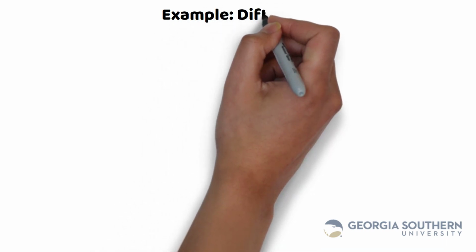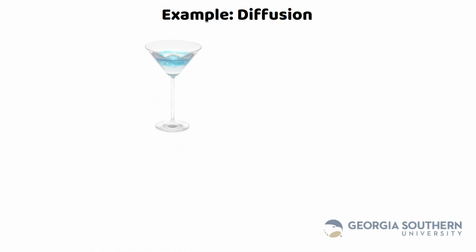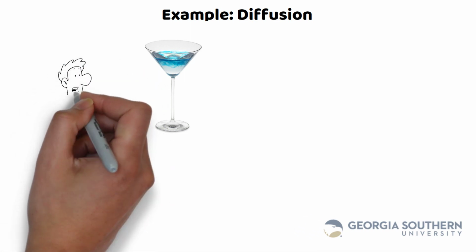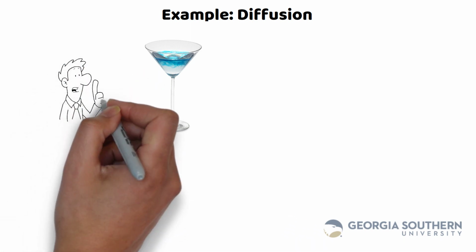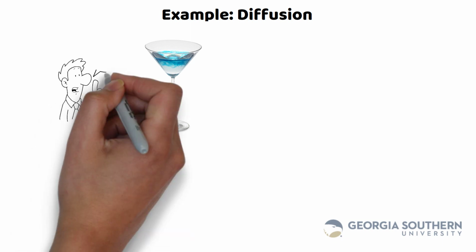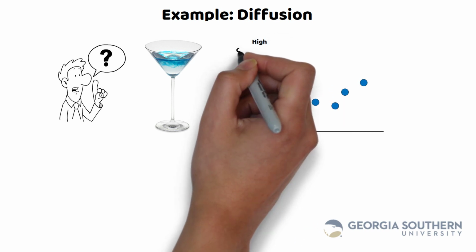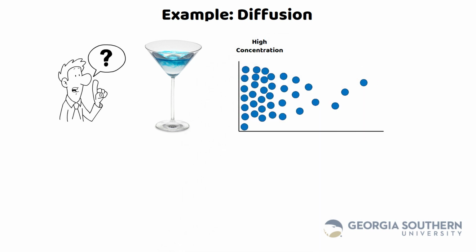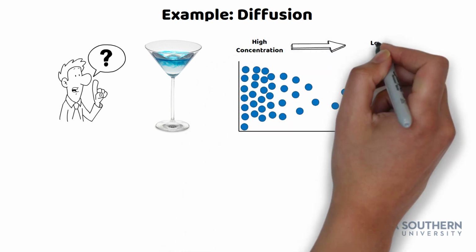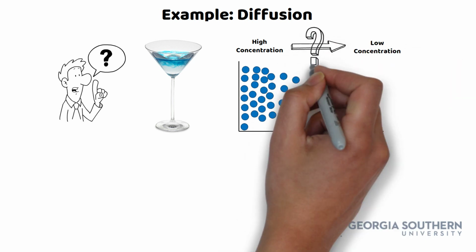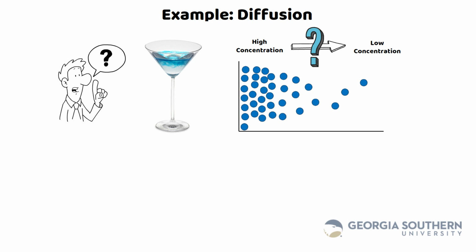After dropping blue dye in a glass of water, the blue dye is seen moving from an area of high concentration to an area of low concentration. Over time, the blue dye is evenly distributed throughout the water. We call this phenomenon diffusion. Our instinct tells us that dye particles must move from an area of high concentration to an area of low concentration. Is this correct? Now let's use the parts and whole approach to analyze this phenomenon.